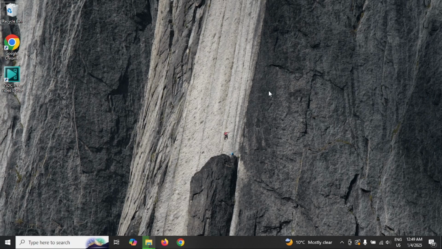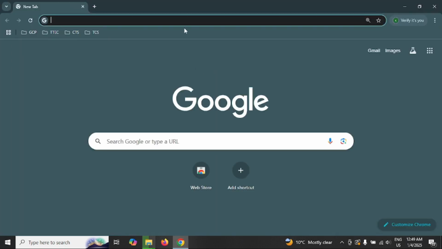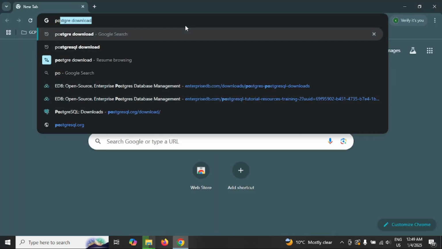We are going to see how to install PostgreSQL on a Windows laptop or PC. For that, first we have to go to any browser. Currently I'm going to the Google Chrome browser. Type PostgreSQL